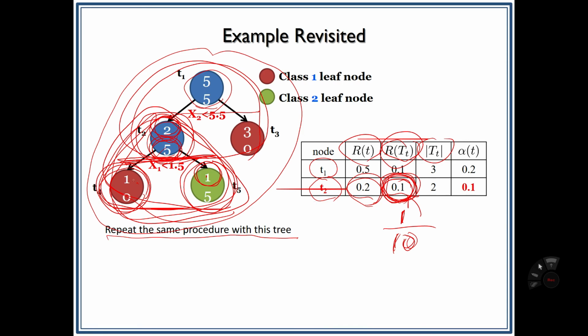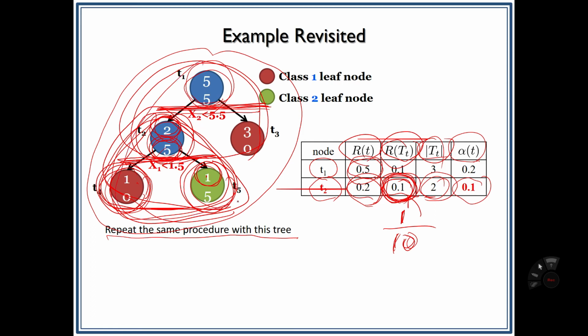And the number of leaf nodes of this low part is 2, so this value is 2, and by that formula of alpha t, we're going to get this thing. And when splitting these two branches, because we have only the root node and we're going to assign class 1 or class 2 randomly, another 5 objects will be misclassified, so the error rate becomes 0.5, and the misclassified objects